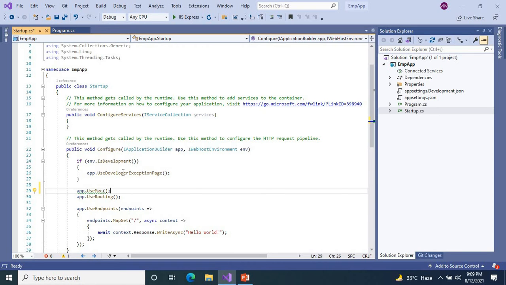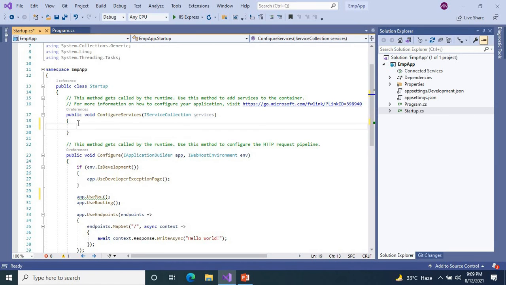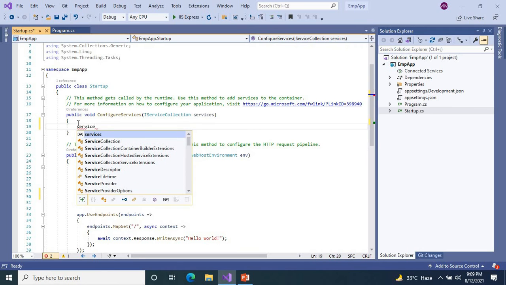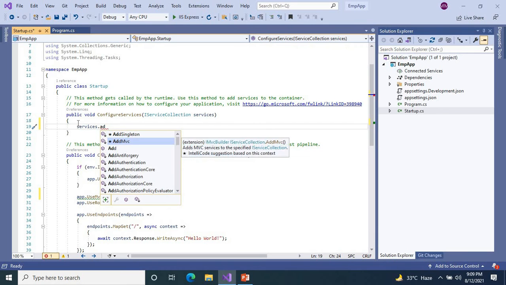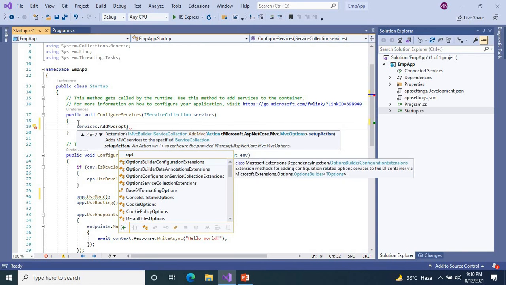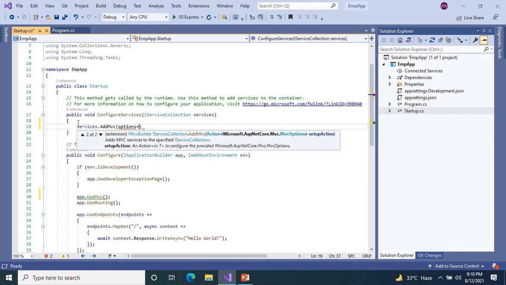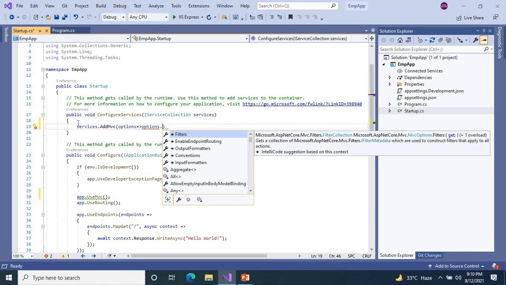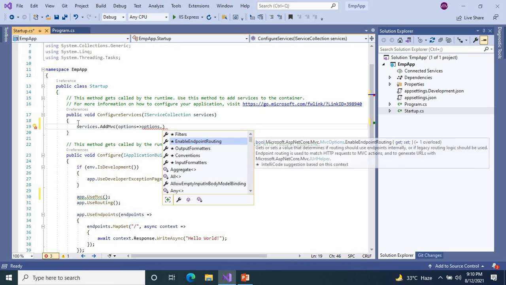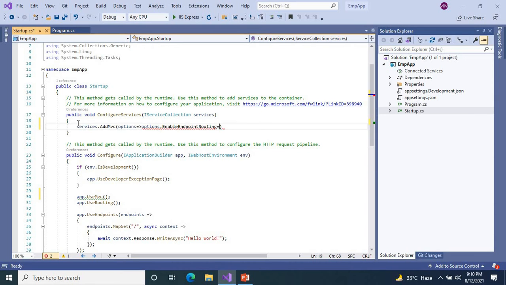And we also need to register services like AddMvc in ConfigureServices. So here we can write services.AddMvc, with EnableEndpointRouting equal to false.